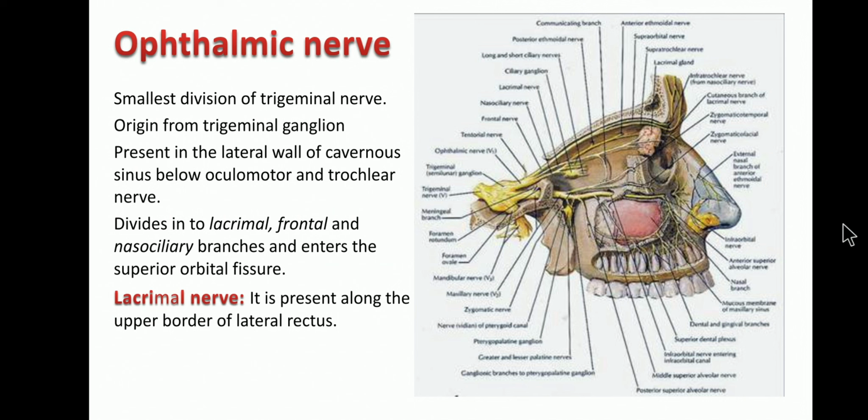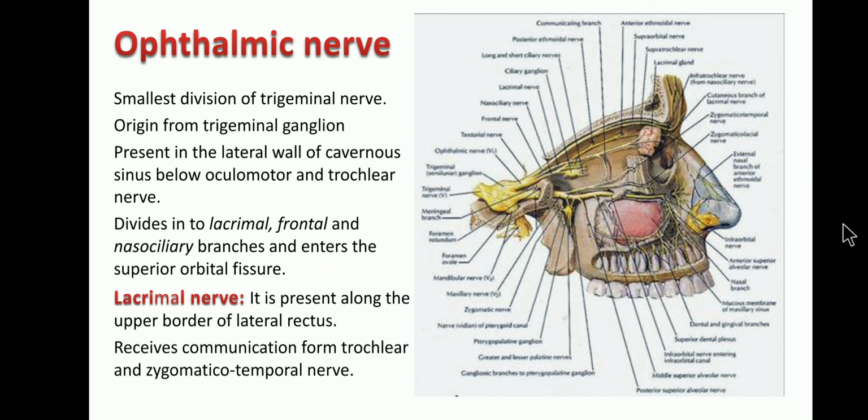The lacrimal nerve is present along the upper border of the lateral rectus. Then it runs almost laterally on the roof of the orbit, and it will supply the lacrimal gland. Before supplying, it maintains a communication with the zygomatico-temporal nerve. This is thought to supply post-ganglionic parasympathetic fibers to the lacrimal gland,